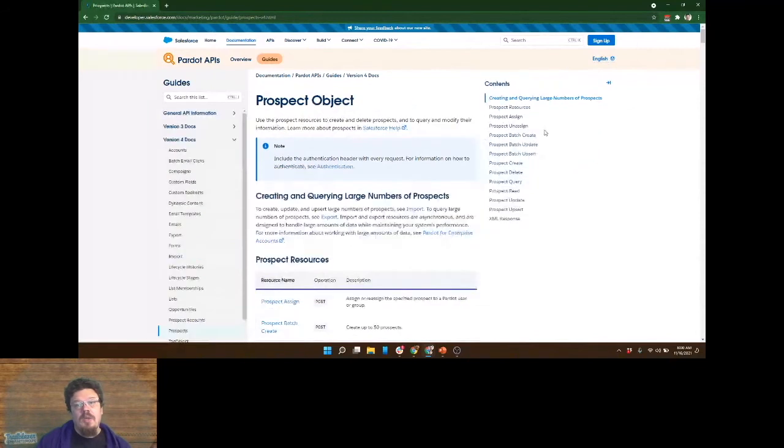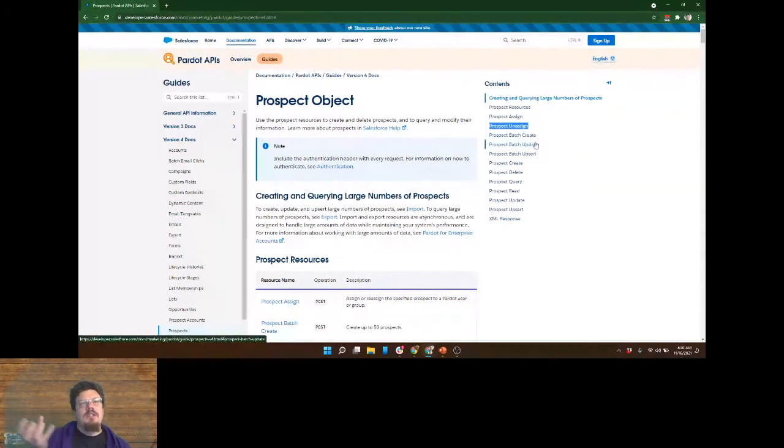Prospect, we spend a lot of time working with prospects in the API, and we notice we've got a lot of different capability here. We can assign unassigned prospects by API. Normal Pardot to Salesforce rules apply here. If the prospect is already assigned in the CRM, we can ask Pardot to assign it, but it's not going to change that assignment, that record ownership. Unassign, another vestigial command that does not make sense with Salesforce CRM.